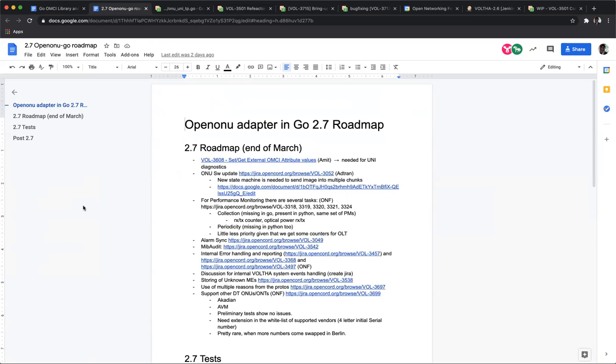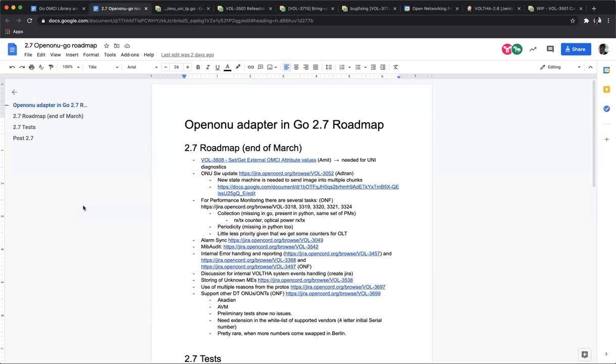And these are the list of features that I think we would like to get in. It's not that big a list, about 10 elements, not including the tests. We're going to talk about those later.